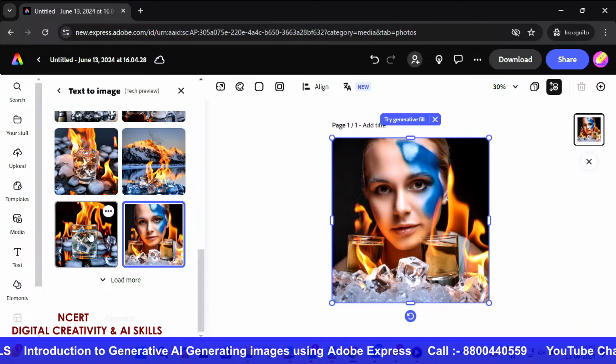Or a bush which is on fire, or an ice tray, and be descriptive with it. Then it would have shown both those elements in one picture, sitting on a table or something like that. So as you get more descriptive, the more beautiful your image comes out.